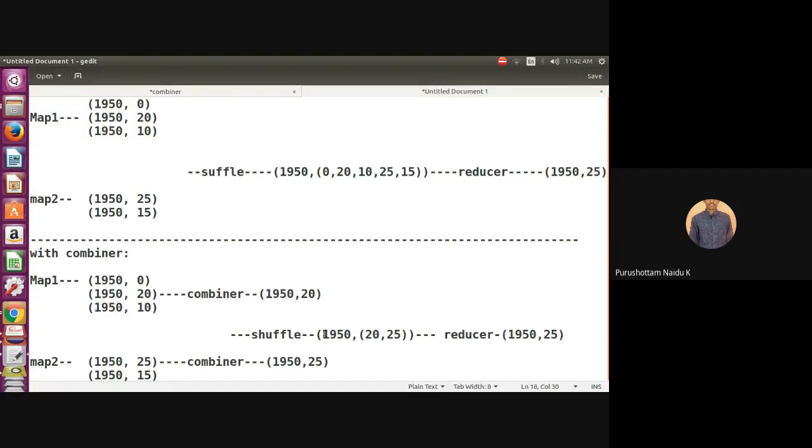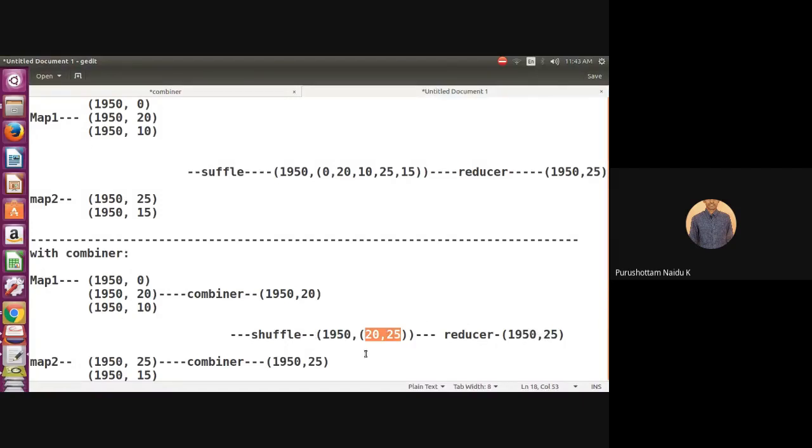Now here, how many times does the data transfer occur? Only 2 times. Here, how many times did data transfer occur before giving output to the reducer? 5 times. With the combiner, before passing output to the reducer, the data transfers occurred 2 times. We have 2 mappers, and two combiners are working here. From this combiner, from these 3 records, identify the max temperature. From this combiner, from these 2 records, identify the max temperature. To this, again perform shuffling and sorting, given to the reducer. Then the output is 1950, comma 25. This is with combiner. This is without combiner.